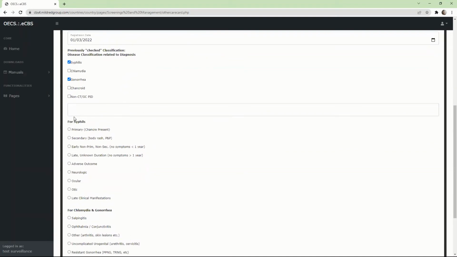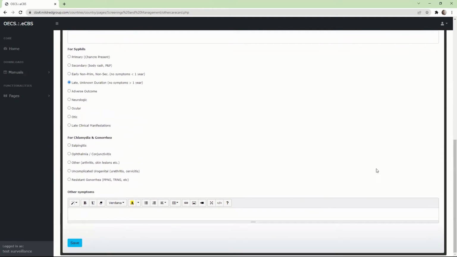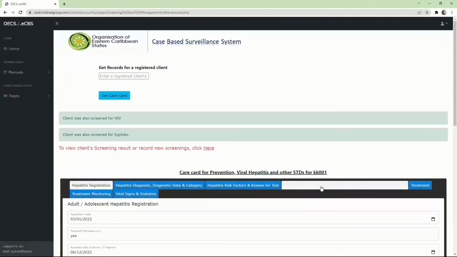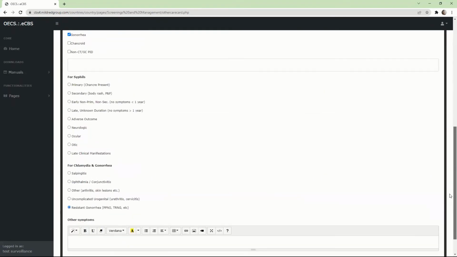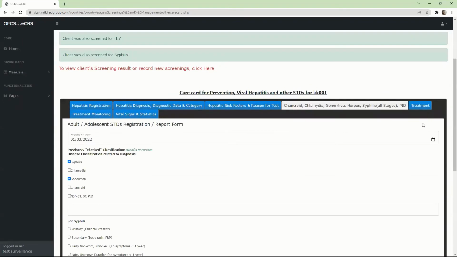For a client that has syphilis, you want to put what type of syphilis, the primary, secondary, late or non-duration. So let's say this is late or non-duration or no symptoms greater than 1 year. For gonorrhea and chlamydia, let's say this is resistant gonorrhea. If the client has other symptoms that are related to any of these diseases, you fill it in here. If not, you save. So it retains the information that you put in, and you can update by selecting any other information for later use. Now for treatment,